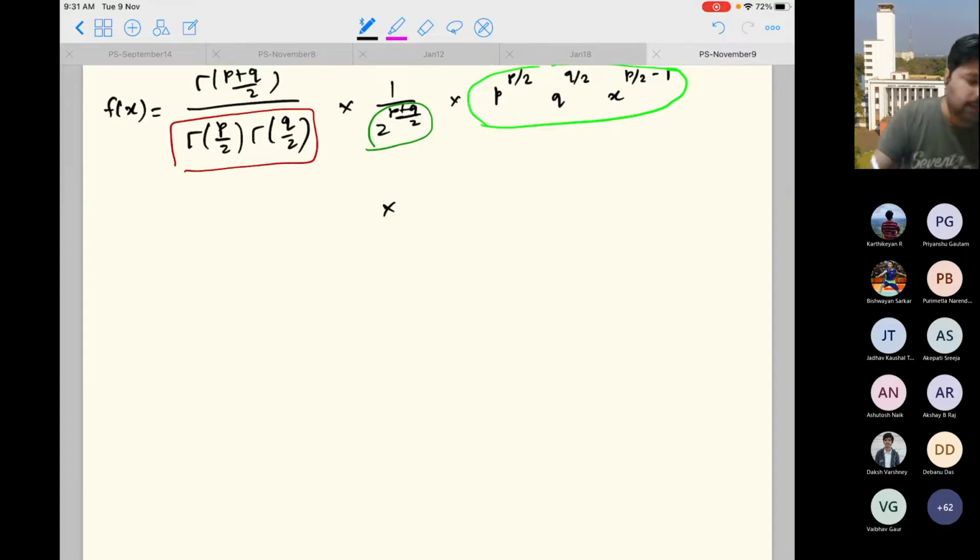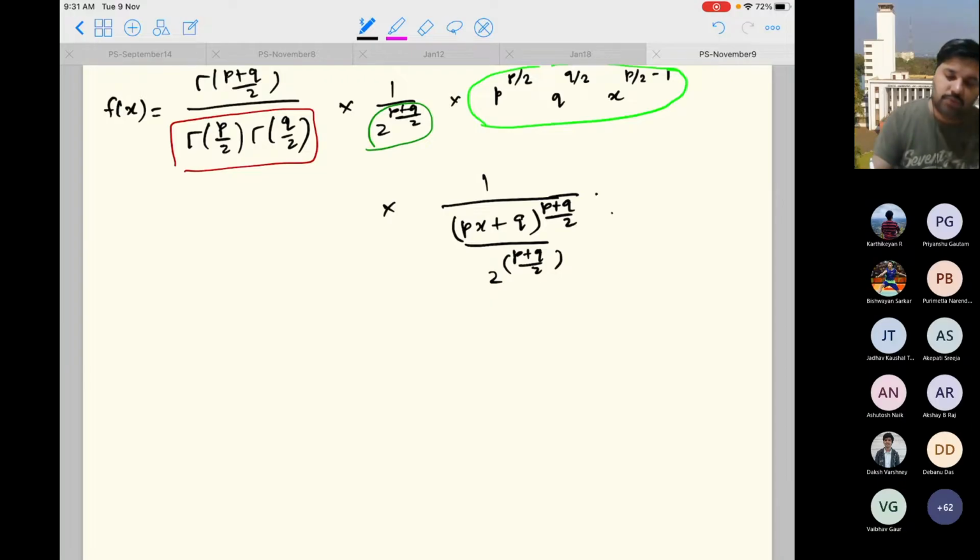So I'll write in the next line 1 upon px plus q to the power p plus q by 2 into 1 by 2. So this divided by 2 to the power p plus q by 2, because there is a half there. So that is what is going to happen. So this is the factor that I will get, right? So this is what I'll get. And now you see